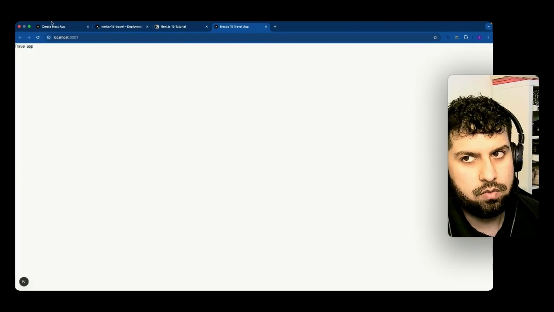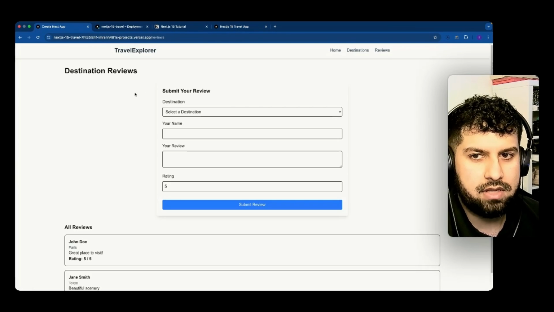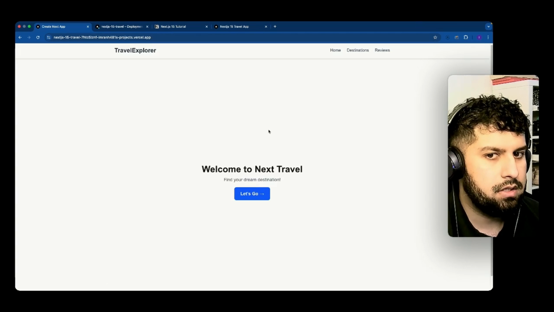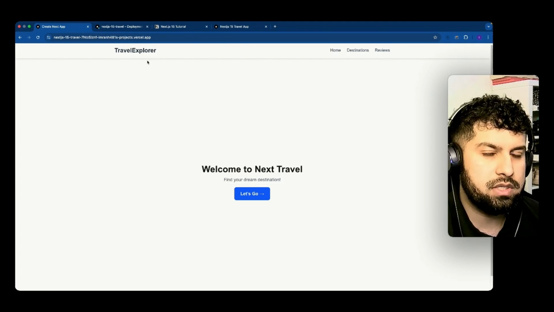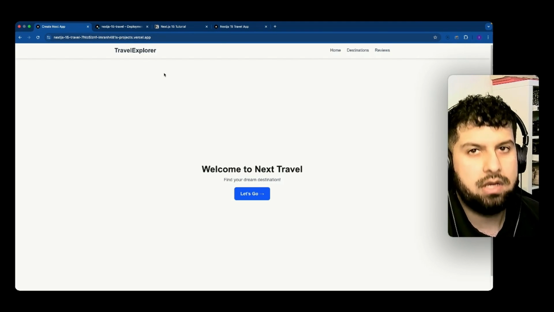So eventually we want to get to this stage where we've built our travel explorer over here. So what we're going to be doing now is doing the first page, which is the home page, and adding in the header component to all of the pages that we create. And we will do that one